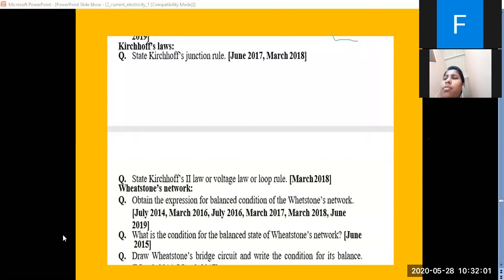So these are the questions which were asked from April 2014 to June 2019 in this chapter. Having seen this, you will get an idea of what to prepare. It doesn't mean you have to learn only these questions. Concentrate more on these questions. For other questions, you can go through your textbook, because next year they may change questions also. But these questions are like a template. If you pick up the easy questions, all your questions will be from this. So make clear only the 5 long answers. The remaining are all 1, 2, and 3 mark questions. If you have any doubt, somebody is